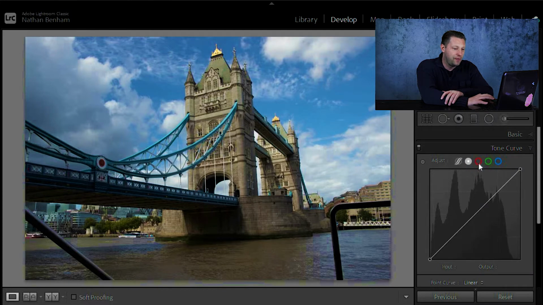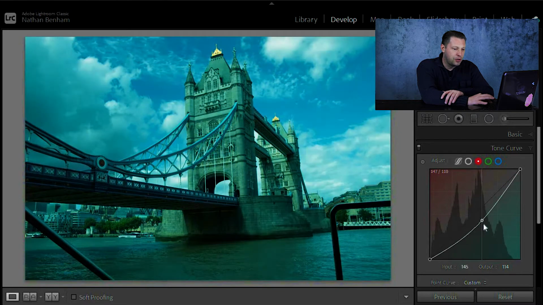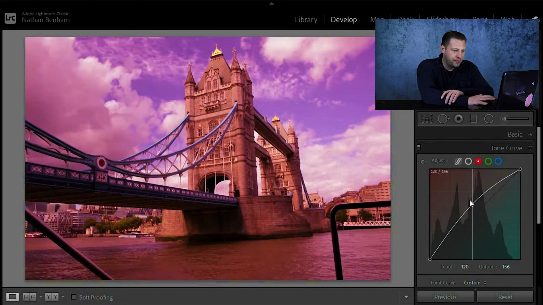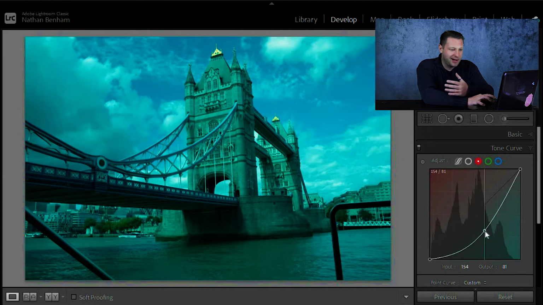And as you can see, we've got the highlights and shadows, and we've also got the reds, the greens, and the blues. We're going to ignore this one to begin with. We're going to go straight into the reds. Now, what you're doing here is that as you push this up and down, you are deciding what dominant color is going to come into it. So if you push right to the top, all the reds and the pinks start coming out. And if you start coming down, all the blues and the greens start coming out. But that's not what we're going to talk about. And it is pretty cool as well,